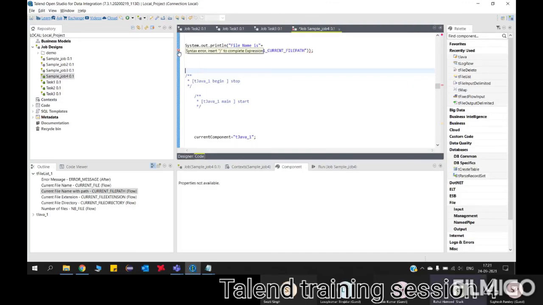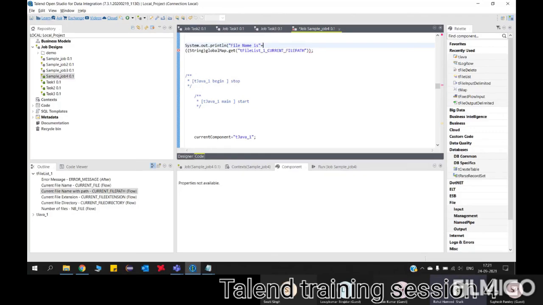Okay, one second. Here I can read the code. Now move the cursor. System.out.println file name is, this one is closed, that one is closed. I think one more bracket should come at the end.